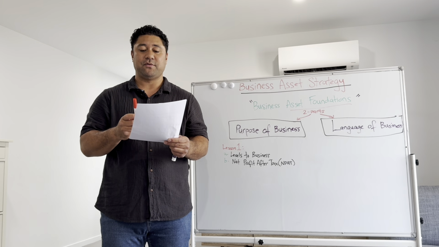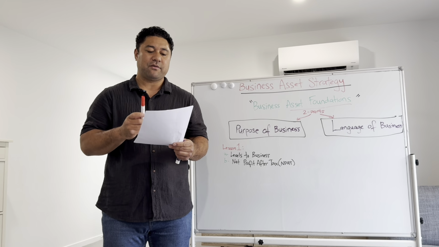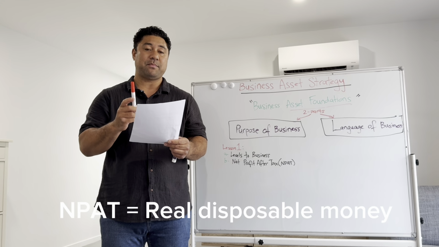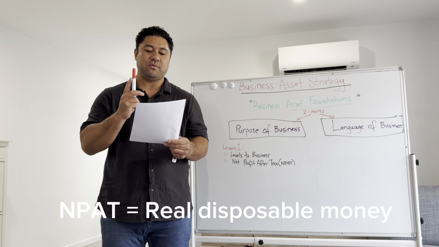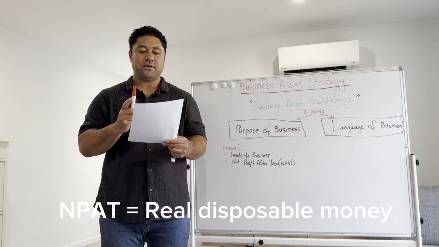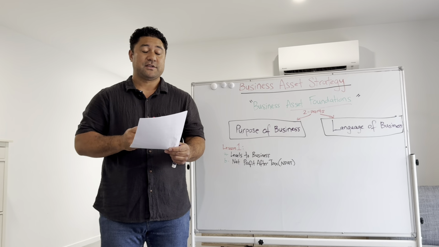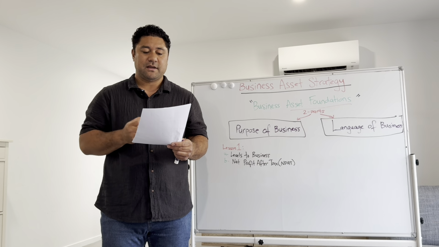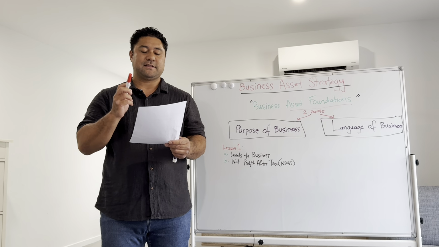It's called business for a reason. You'll be busy. To make real money, everything needs to come back to how much net profit after tax, or NPAT, you make. Because your NPAT is all the money you make minus all costs and taxes and debts. It's the real money you actually have in your pocket to do whatever you want with. Some call this having fuck you money. Call it what you like, but your NPAT is equivalent to having extra money for fun and savings from a regular job.